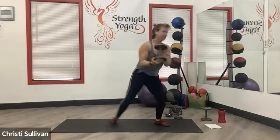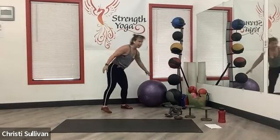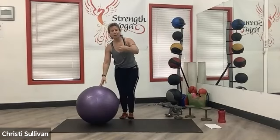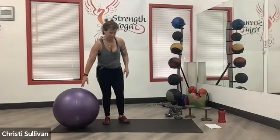And release. Again, we don't need to race into each thing. The nice thing too about these blocks is that maybe you only end up doing block 1 today, and then maybe later on today you get into block 2, or you spread it out, which is totally fine. So again, you're grabbing your ball,